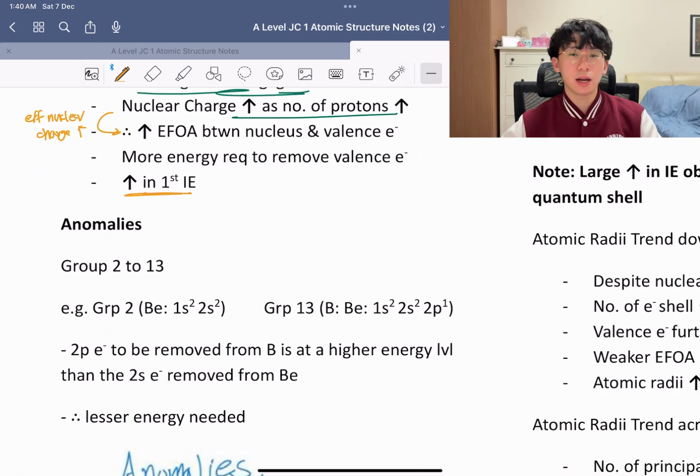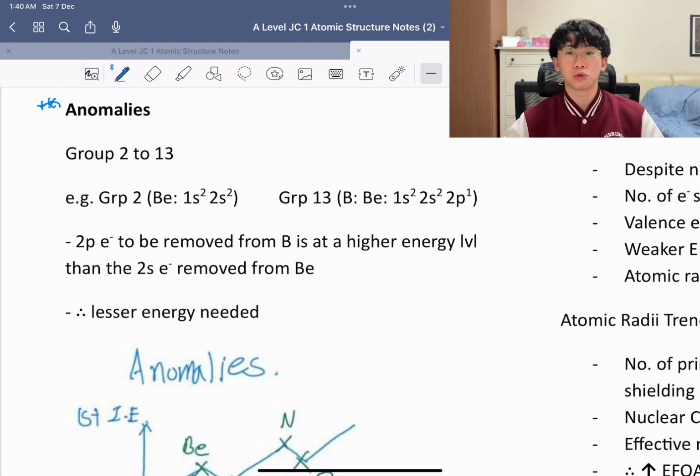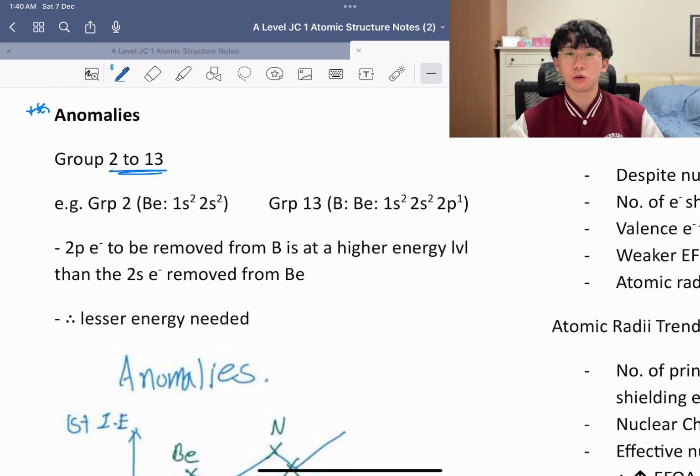All right, and of course with every rule there are some anomalies. For example, when we go from group 2 to group 13, going across a period,